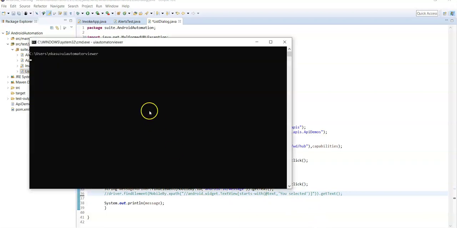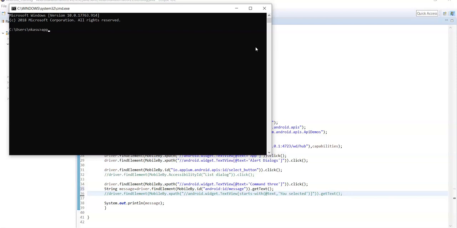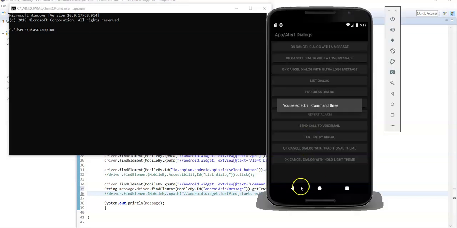So before that we need to start the Appium server, and then close this app.